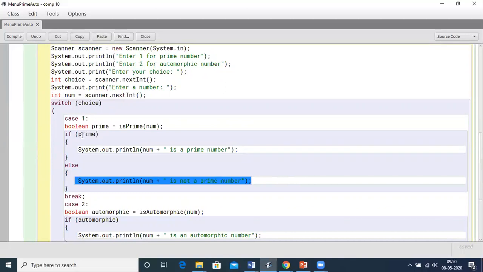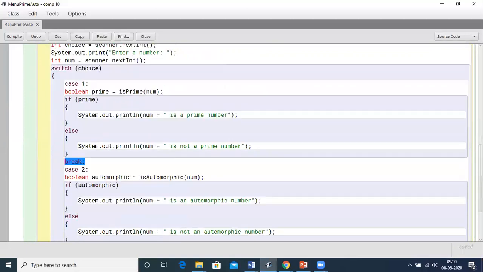Here I don't need to write any expression, because based on true or false, no evaluation is required. Based on true and false, the if will automatically do the checking. If it is true, then this part, otherwise else will be used. Then the break statement brings it out of the case block and the switch block.